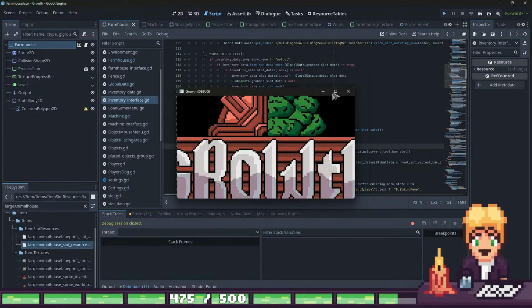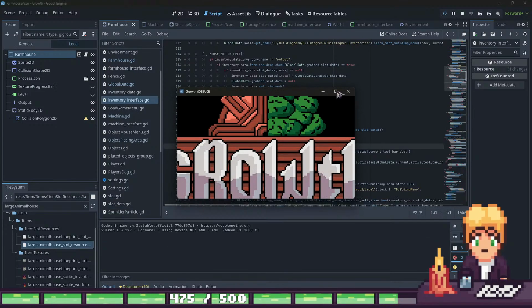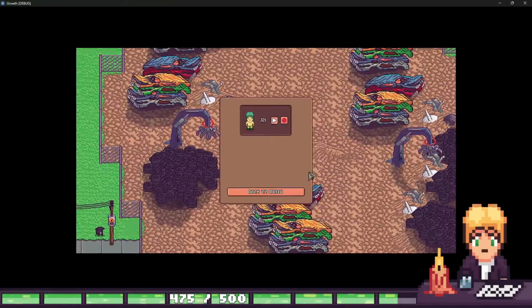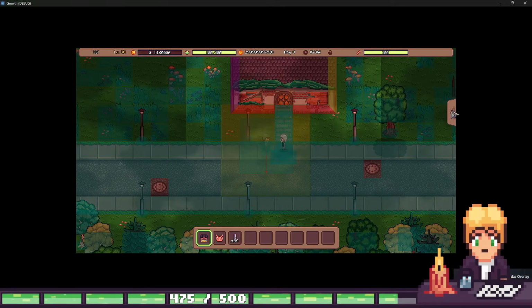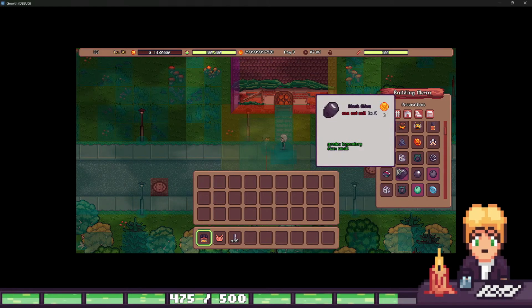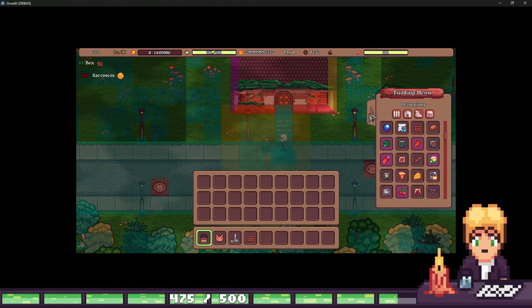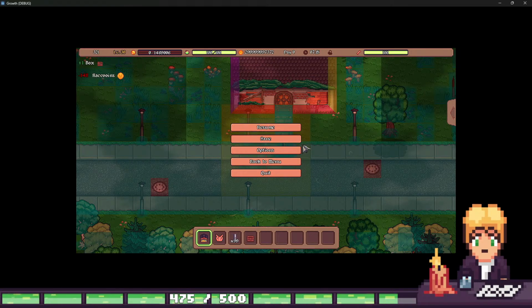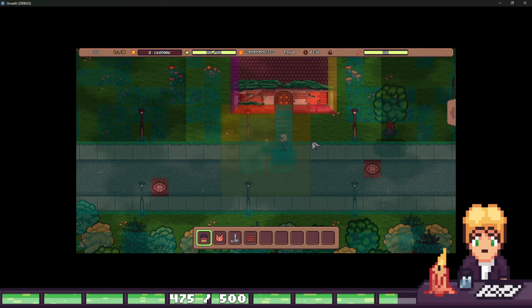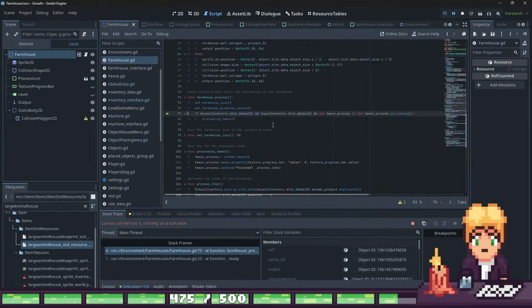What was this error? So we have cannot call method is running on a null value. Yeah, because